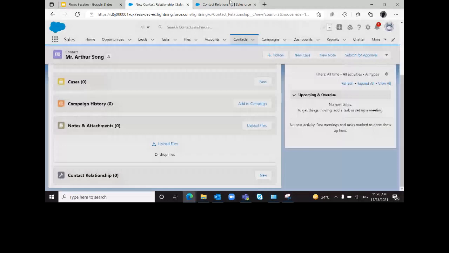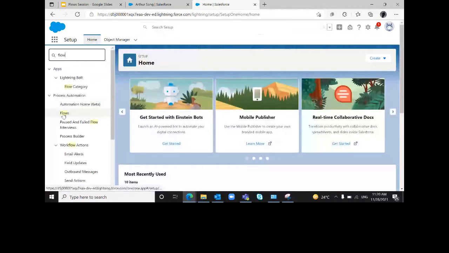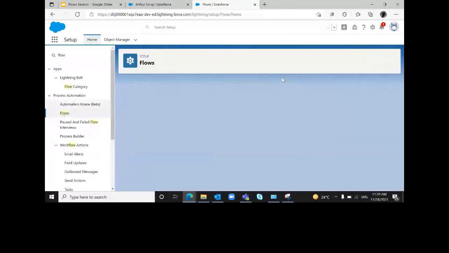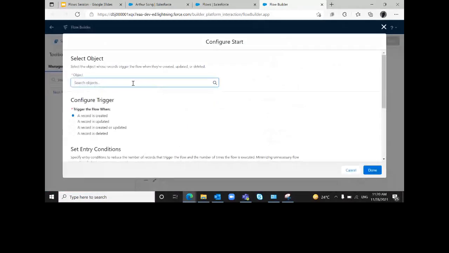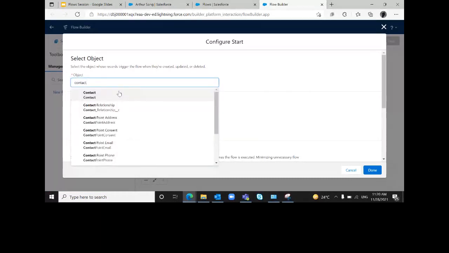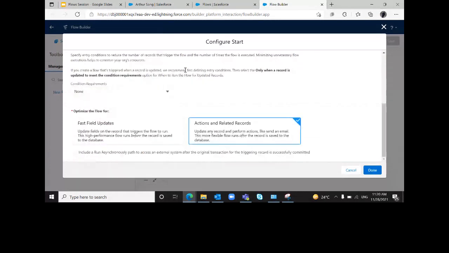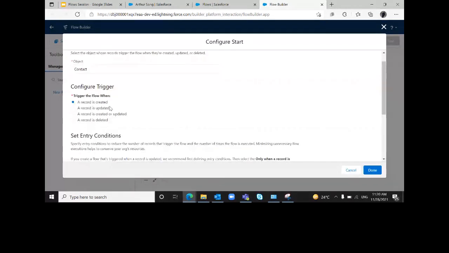which will be a record trigger flow. I'm clicking on new flow, choosing the record trigger and auto layout. So here we have to choose the object. I am choosing contact, because whenever a new contact record is created, I'm choosing the record is created.